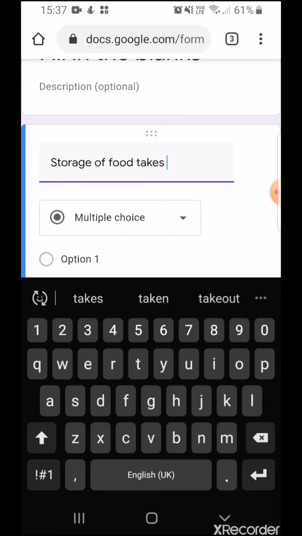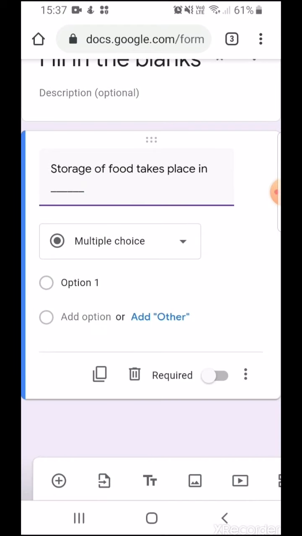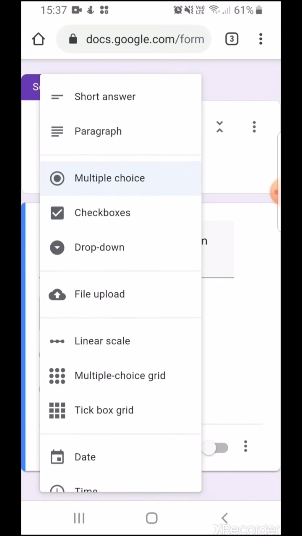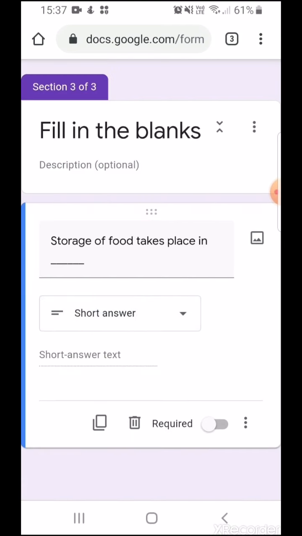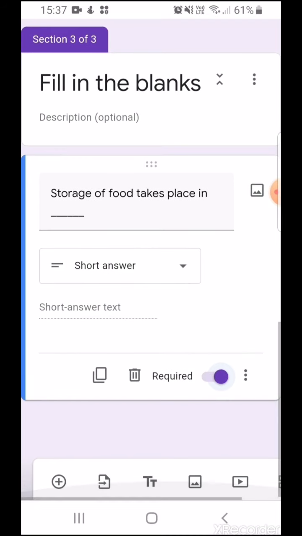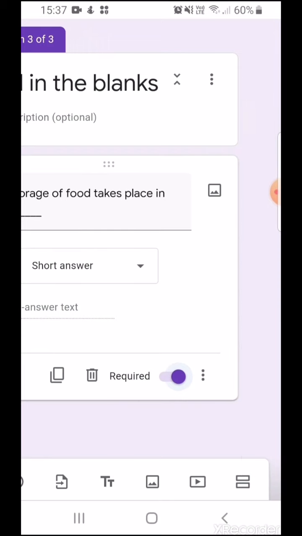now this isn't a multiple choice question, whereas I need my students to answer in 1 or 2 words, so I'm going to select short answer. Once again, I'm going to make this a required question so that my students all know that they need to answer all the questions. Let's explore another type of question. So I'm going to add another section,